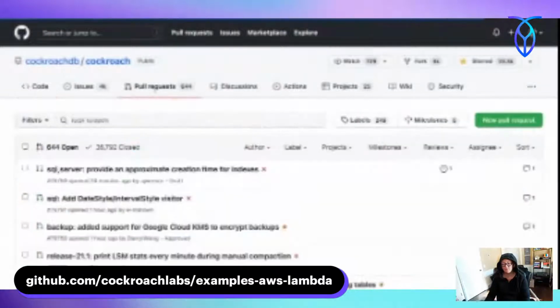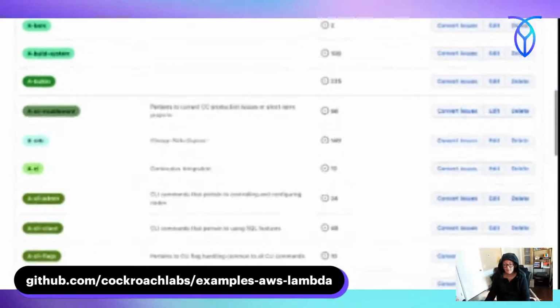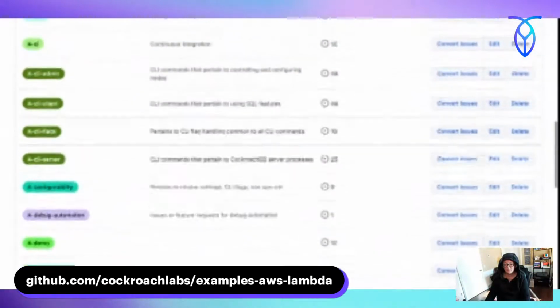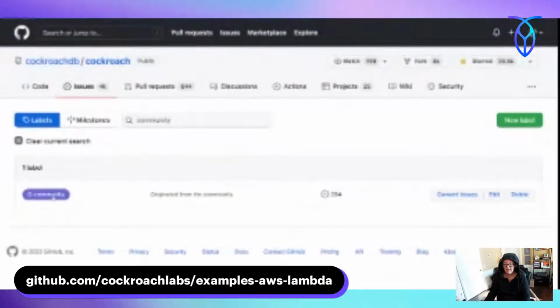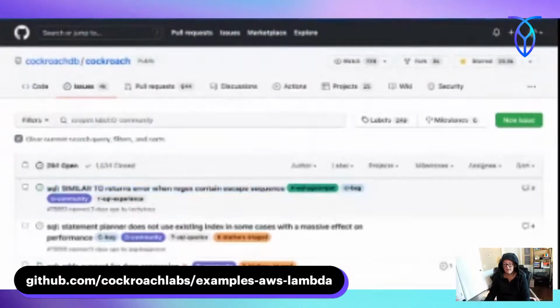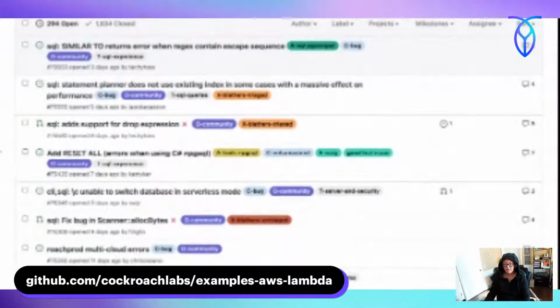You can see there are quite a few pull requests. Now we're going to see the better labels that I was looking for. There should be a community. I wonder if I can just search for it. Yay. Community flag. Of course, I can see them all, but